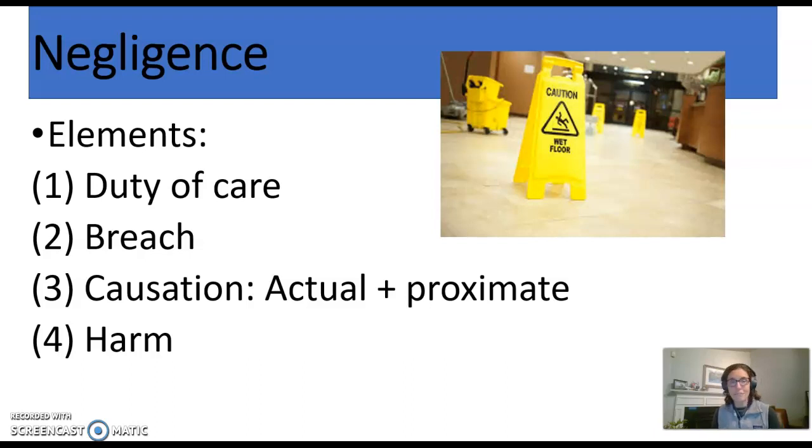Drivers have a duty of care. When was the last time you drove a car? When you drive a car on the road, of course you have an obligation to follow the traffic laws, but you also have a duty of care to be a reasonably safe driver. That includes following rules of the road, looking out around you, not texting while driving or changing the radio station or engaging in any other distracting activities. That's your duty of care on the civil side, not just because the law tells you you have to, but you owe that duty of care to be a reasonably safe driver to everyone else on the road, whether they be pedestrians or other drivers.